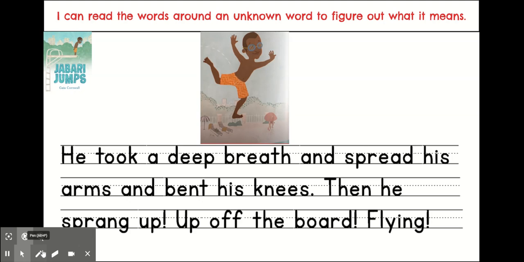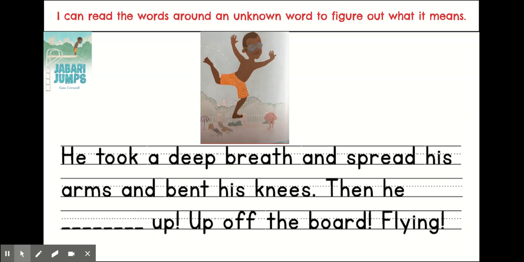So we worked yesterday on that word sprang. And we said that we're pretty sure that sprang is a verb based on the words around the sentence. So he sprang up. Clearly, it's something that he, the who in this sentence, is doing. And when somebody's doing something, it's a verb. So let's think about how we can revise the sentence and think of another word that could go in its place.